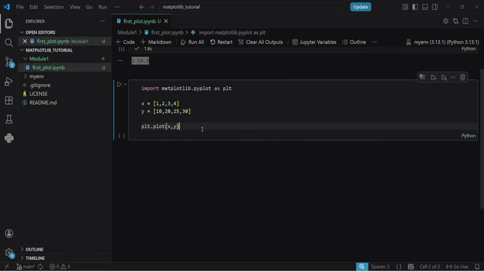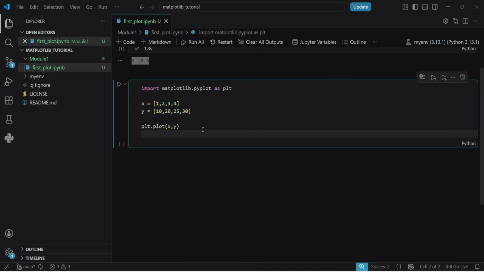In order to show this graph, we have to write plt.show. If you don't write plt.show, then you will not get your graph as output. Always write plt.show at last. Now if I execute,